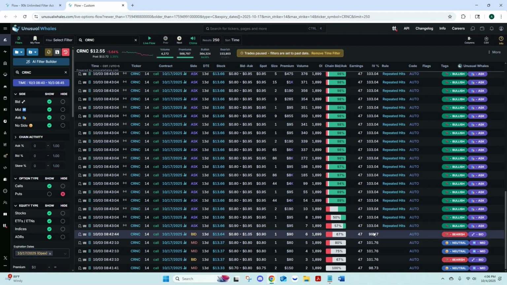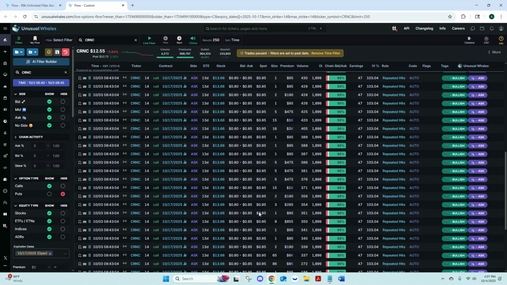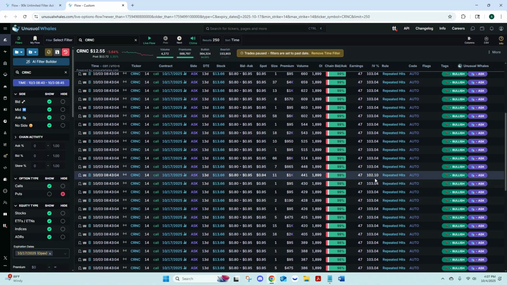So this is good flow here, something I would be interested in. You have that IV spike here. Your spot is filling at the ask. Just following this up. So now when you see that IV drop a little bit here, what I'm doing,